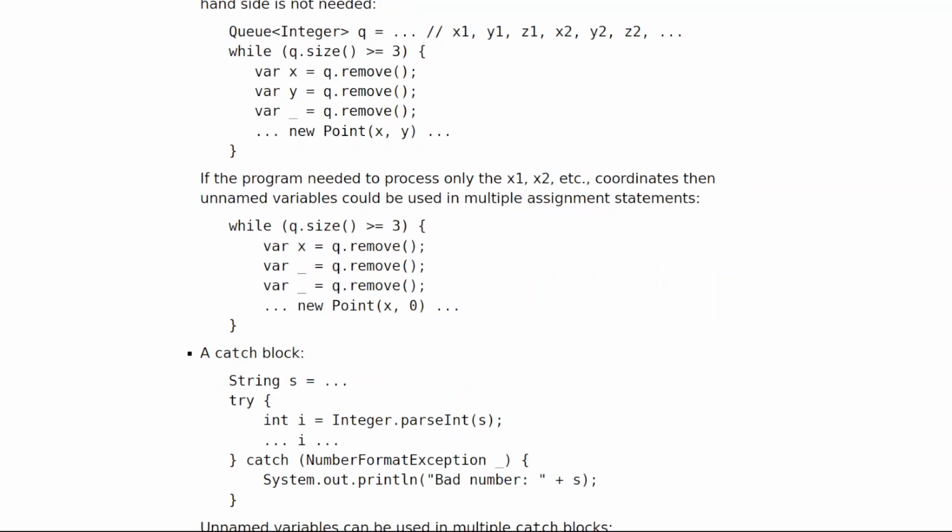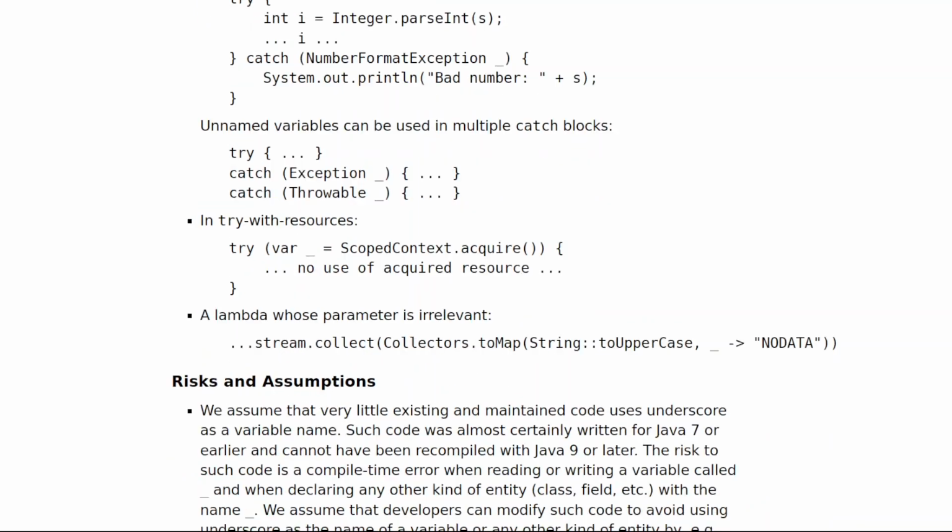3. A catch block. String s = ...; try { int i = Integer.parseInt(s); ... } catch (NumberFormatException _) { System.out.println("Bad number: " + s); } Unnamed variables can be used in multiple catch blocks. try { ... } catch (Exception _) { ... } catch (Throwable _) { ... }